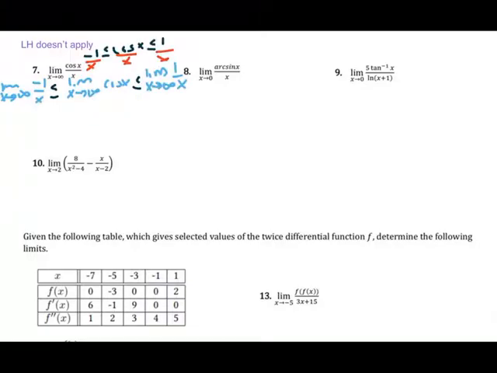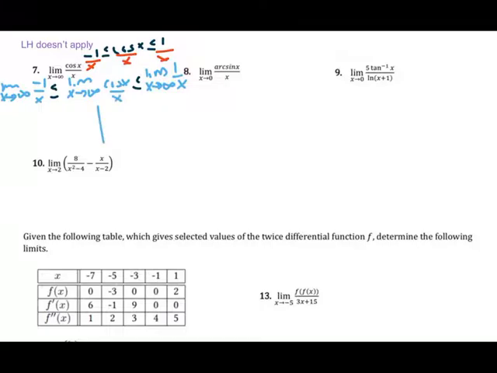So the limit as x approaches infinity of -1 over x is less than or equal to the limit as x approaches infinity of cosine of x over x is less than or equal to the limit as x approaches infinity of 1 over x. So basically what we're doing is we're trapping a